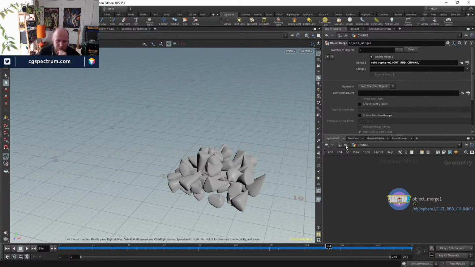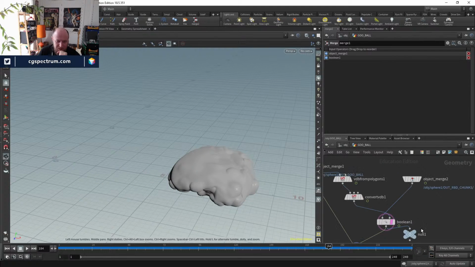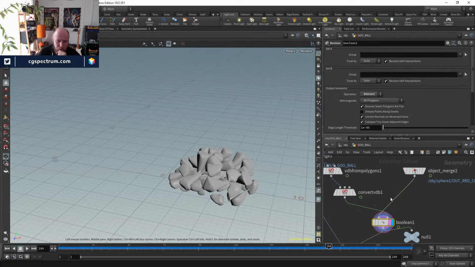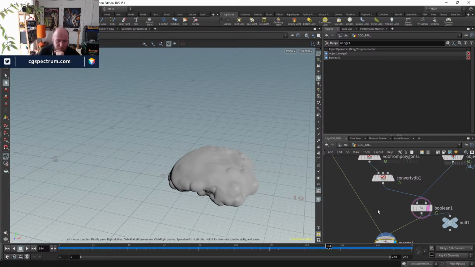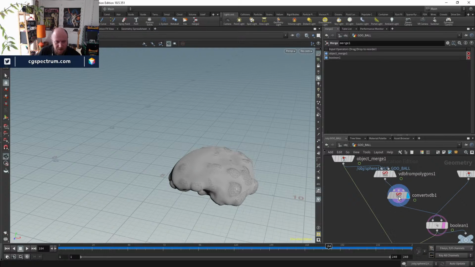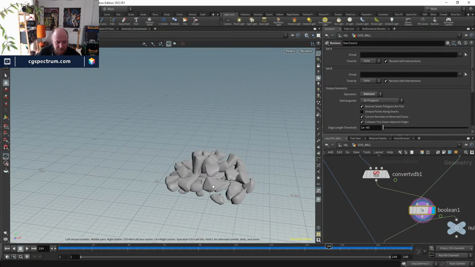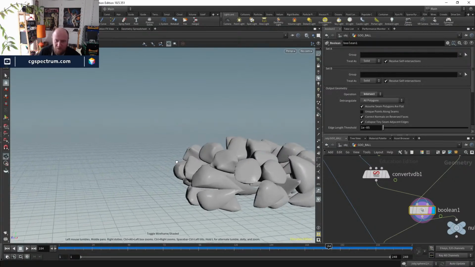I can't remember, I haven't opened this all week, but here's the boolean going on here in the goo ball, which was to create these kind of internal